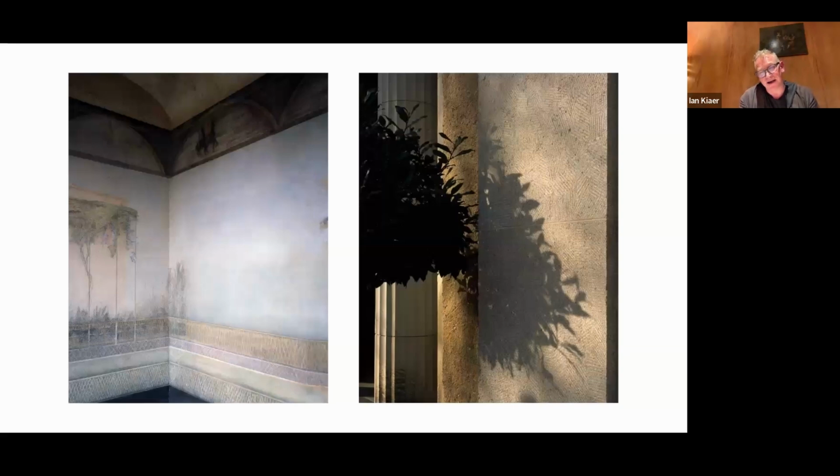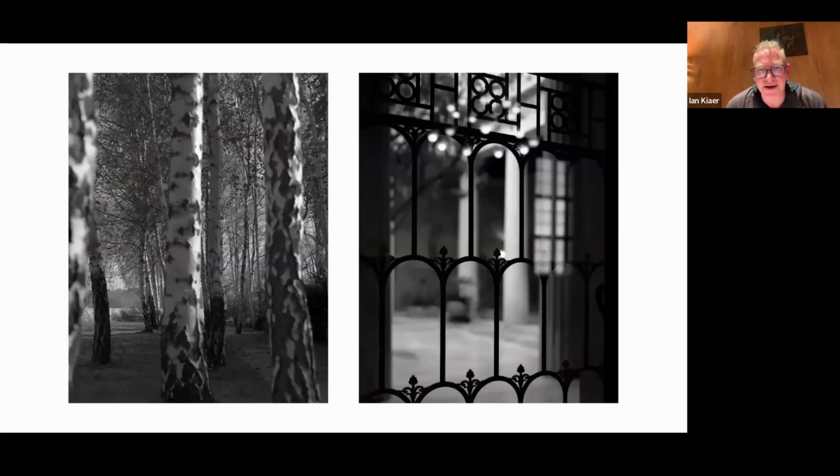That's great. And I love this willingness to leave the wall unpainted as well. So you have this relationship between the painting and that void that is so full in a way. It's very beautiful. Okay, so let's go on to another image, and tell us about